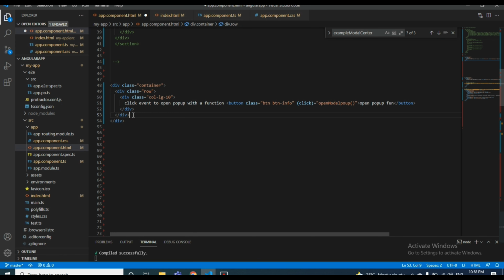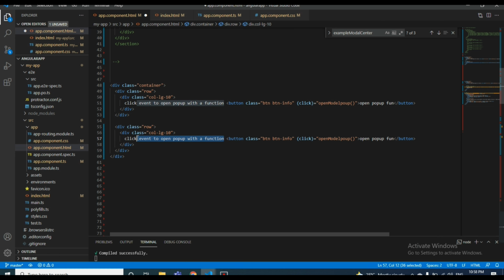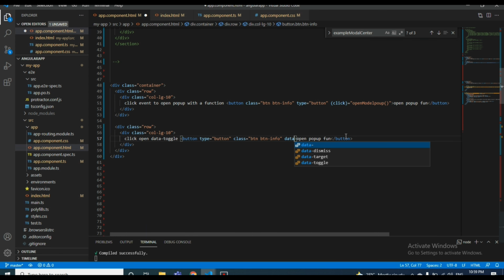So we will take another row. I'll copy this one and paste it. I'll remove the click event and add data-toggle modal, and the type button.